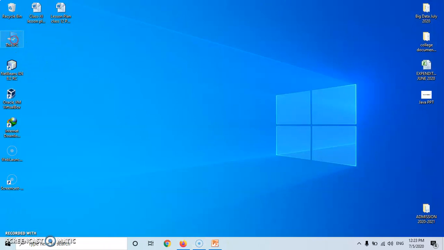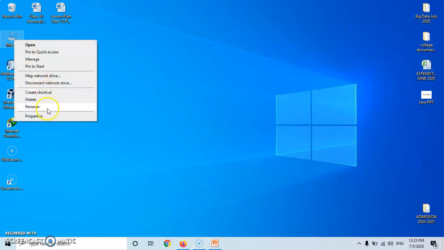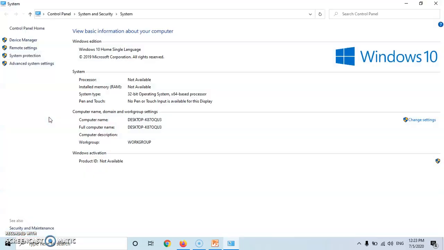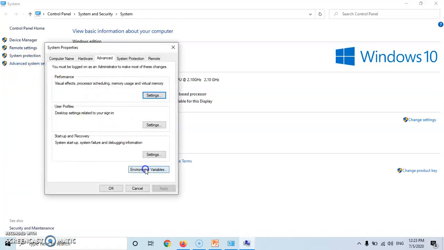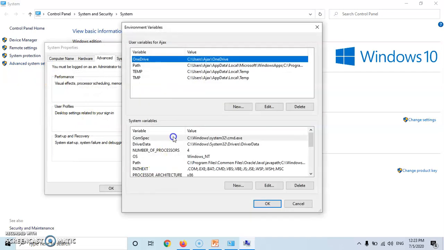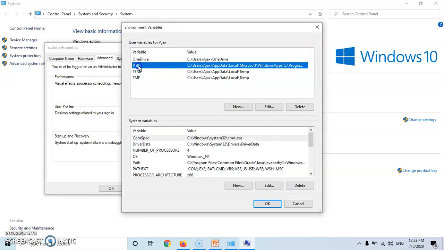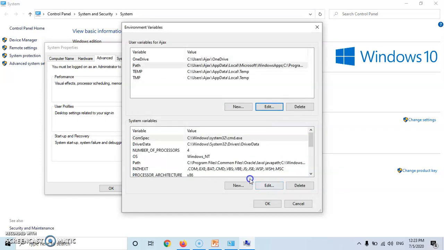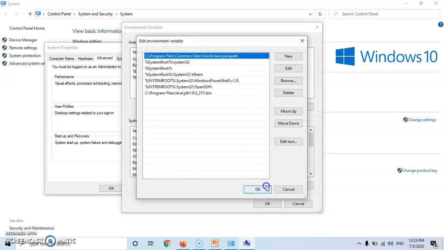Now go to This PC and go to properties, and there advanced system settings, and there you will find the environment variables. Click on it, and there is a path variable here. Okay, so if you edit it, I've already put it there. You need to copy it here in your systems. And the same you need to do here in this path variable, in the system variable. The same needs to be done here.